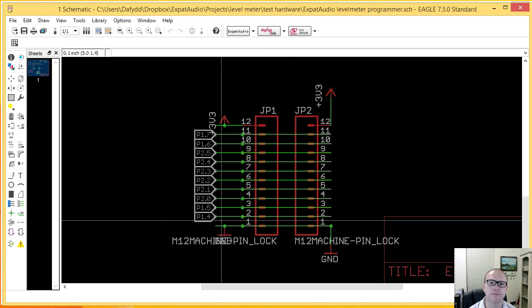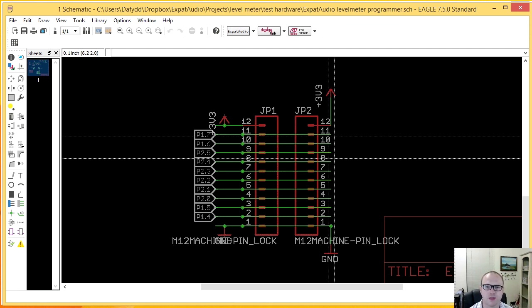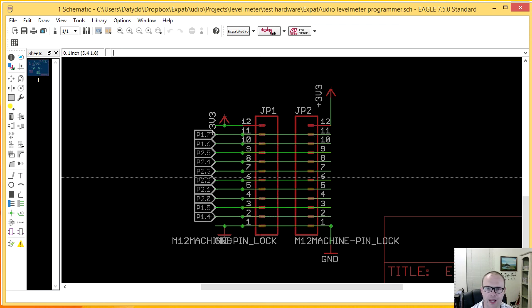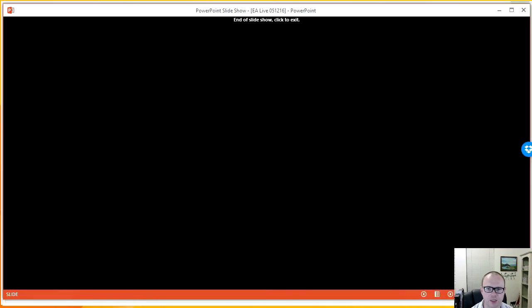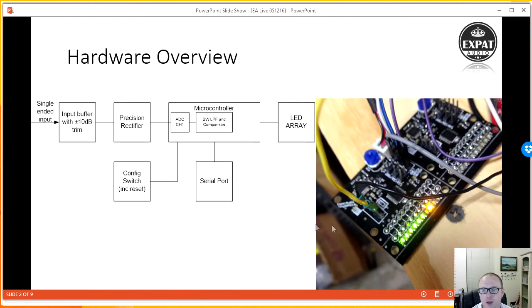Alrighty. So down here we have these two pin headers, which actually represent the LED array and the pins between them. So if I jump here, we can show you in real time. Here we go. On this board, you have two arrays of pin connectors, one there and one there. And the idea is if you only want this little board on your front panel, then it's very, very easy to